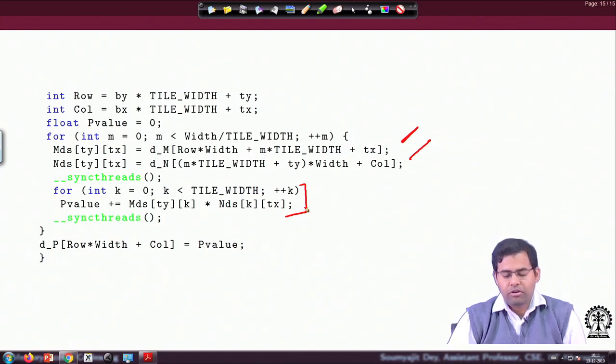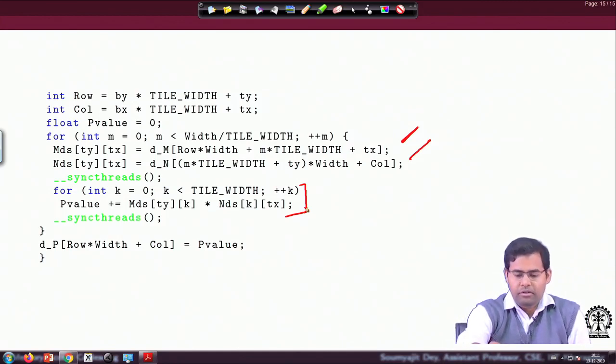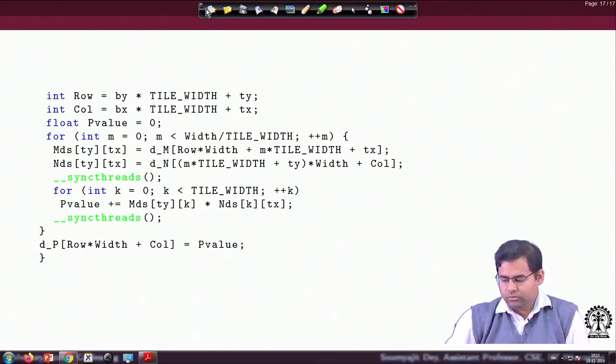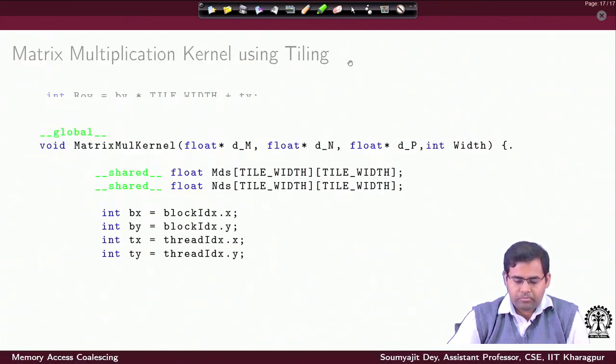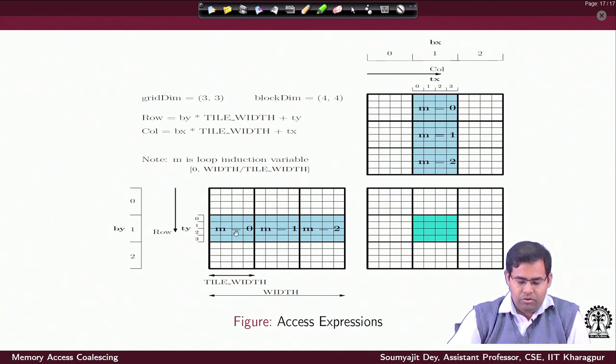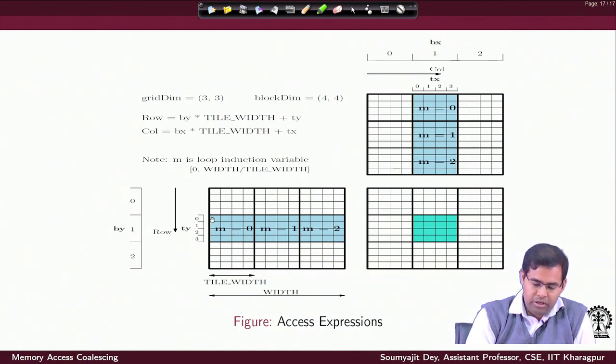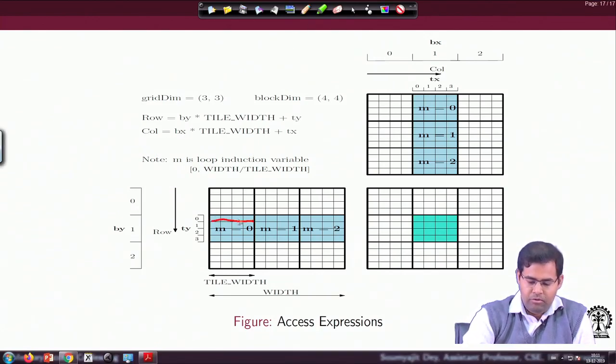And those global memory loads, what is the good thing about them? So, here I come to the next fascinating part. Observe the load pattern. When all the threads are loading data here, I am loading data from all these places, right.